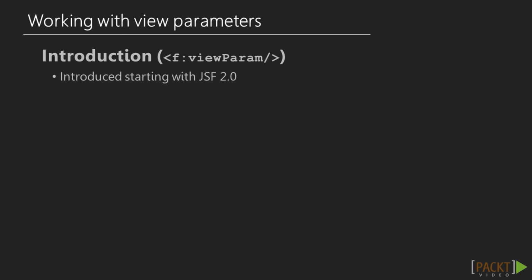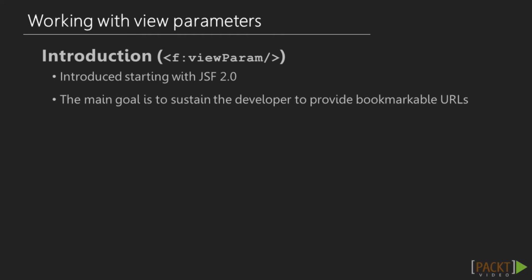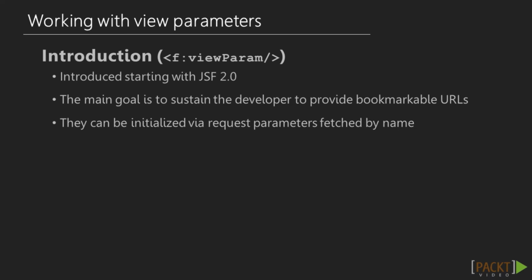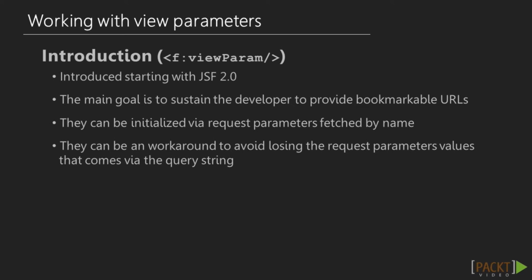This kind of parameters have been added starting with JSF 2.0 and are used in a page via the f:viewParam tag. They appear nested in the metadata section, and their main goal is to help the developer provide bookmarkable URLs. Usually, even if it is not mandatory, they are initialized via request parameters that are fetched by name. This means that the view parameters can be a workaround to avoid losing the request parameter values that come via